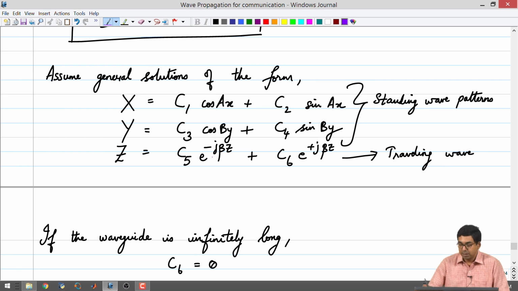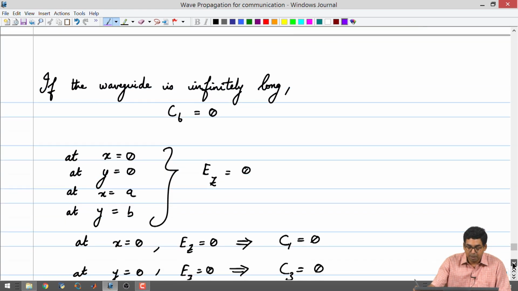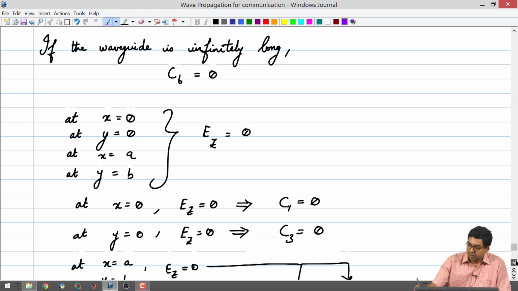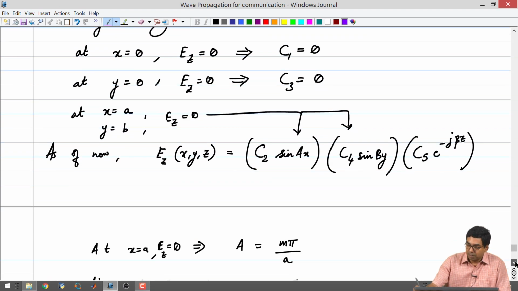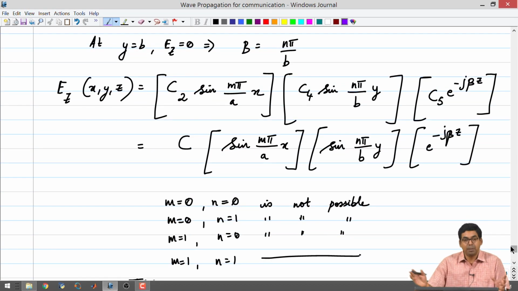If we take these into consideration, then we may be able to find out the constants we are interested in by applying some boundary conditions. There were some constants that became 0, which reduced the number of terms in the expression for the electric field, and there were some constants which we did not solve for. So, we clubbed them together and made them into one giant constant.